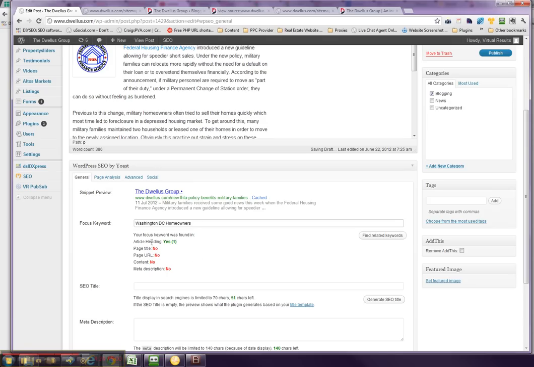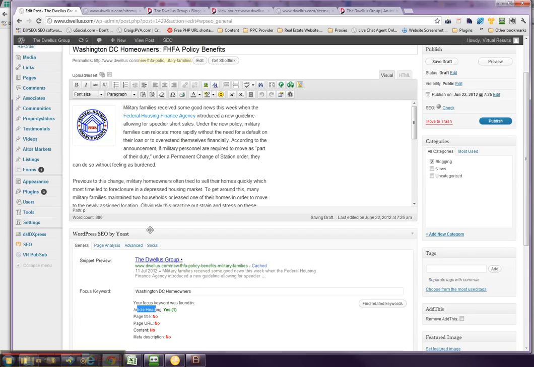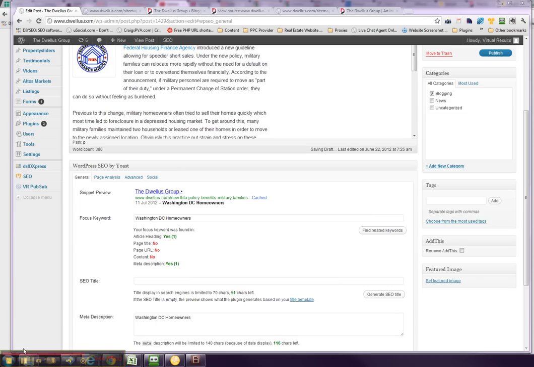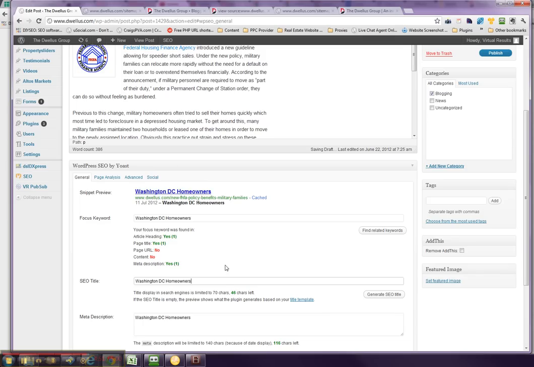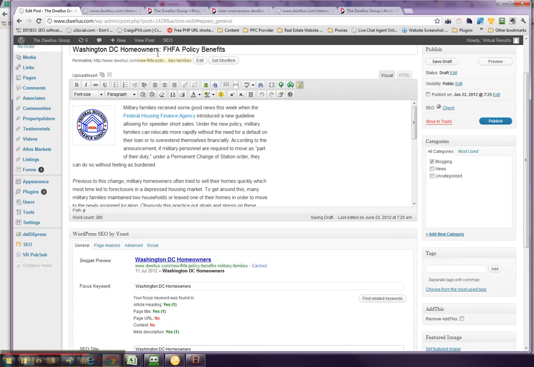It's told us, is it in the article heading? Yes. Is it in the page title? No. URL? No. Content? No. Meta description? No. So by article heading, they mean the title. Let's go ahead and put it elsewhere. We'll jump down and enter it in the SEO title. This will override the title up above, and it's basically the same, so it doesn't really matter, but we're free to be a little bit more